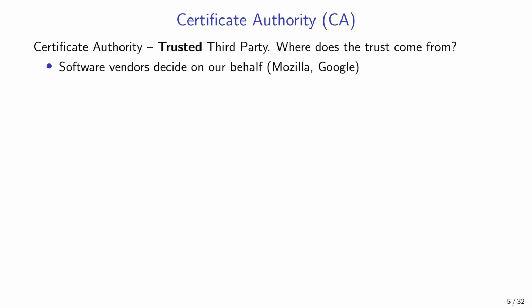Well, in the case of server certificates, these are software vendors who decide on our behalf. When we install a browser, it comes with a list of CAs the browser trusts. So if you're running a CA, we can convince Mozilla and Google that we are trustworthy and therefore should be